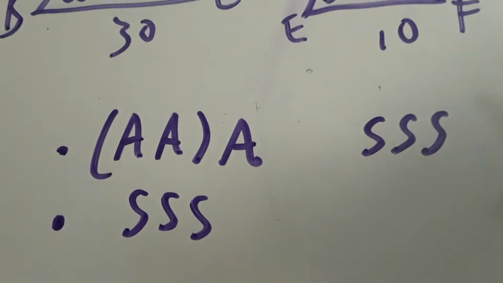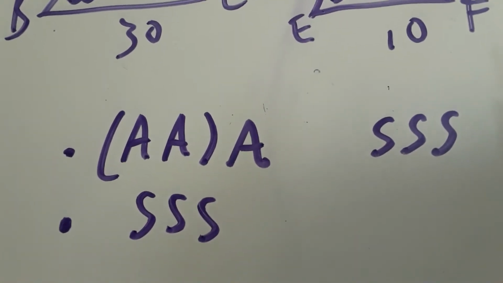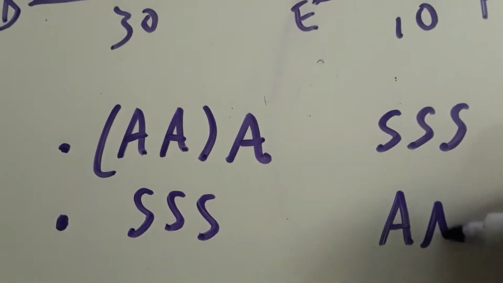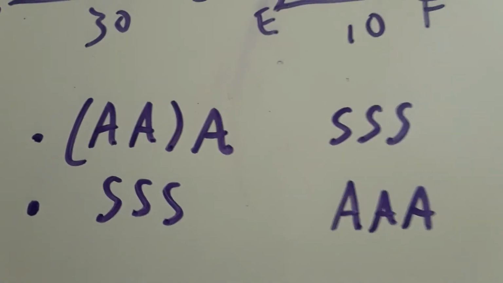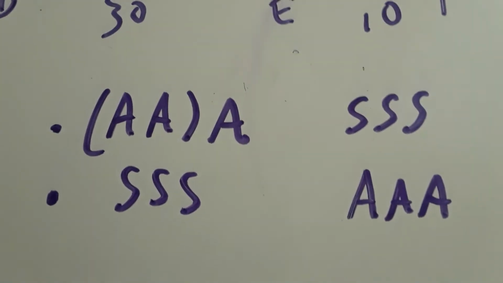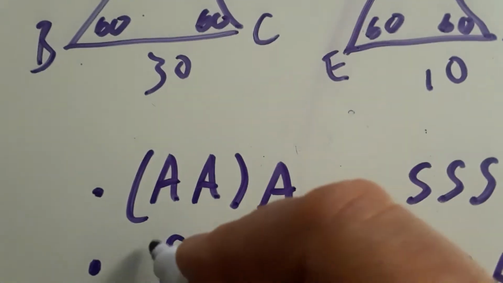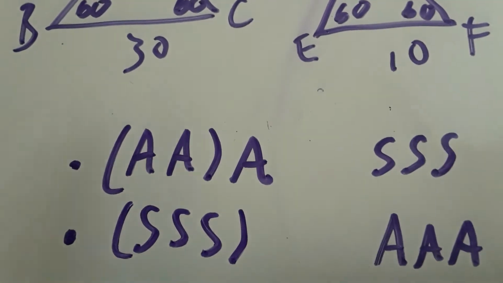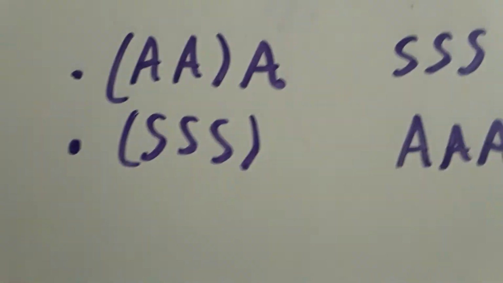You have to prove that all three corresponding sides are proportional, and if that's the case, then automatically the three corresponding angles are equal. When it comes to sides, you need to prove that they're proportional, and when it comes to angles, that they're equal. So I'm going to put this in brackets because unlike with the angles where you only have to prove that two angles are equal, with the sides you have to prove that all three sides are